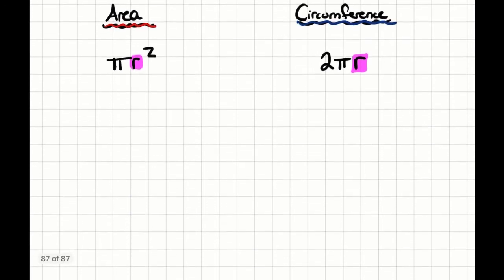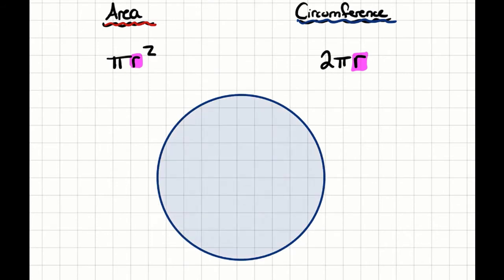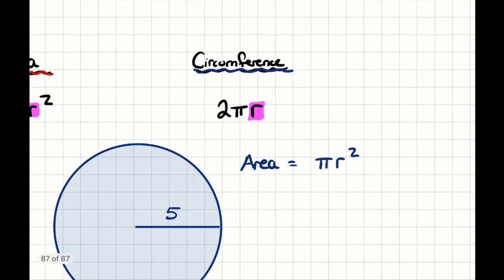Now, let's go ahead and apply these two formulas to a problem involving a circle with radius of 5. Okay. In this particular scenario, if we want to find the area, we start by writing our equation, pi r squared. Now, you should know that pi, and I'm going to make a little note off to the side here,